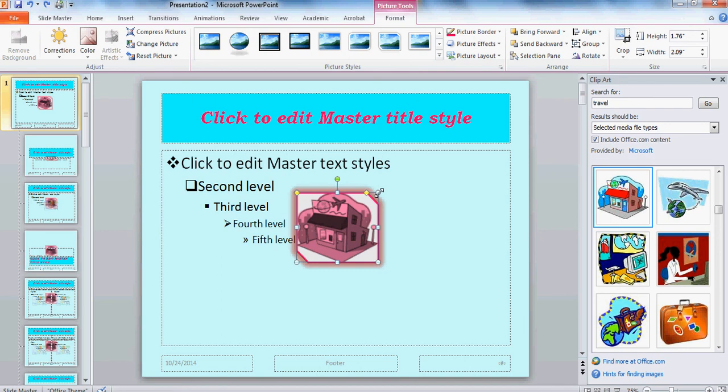Those are the corner handles. At the top you see a green handle. This is what will allow you to rotate your clip art. You will see a little arrow that circles to the left or to the right. Once you move your mouse over that green circle and you see the arrow that circles to the right, you can click and drag your picture any way you want to